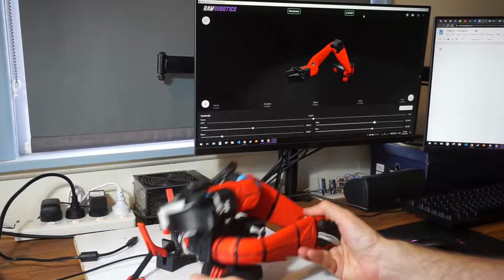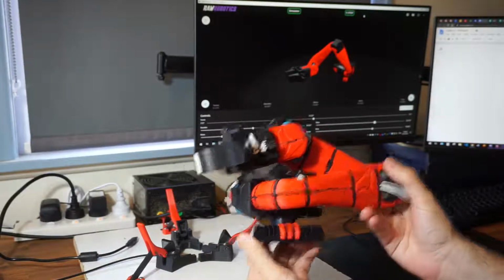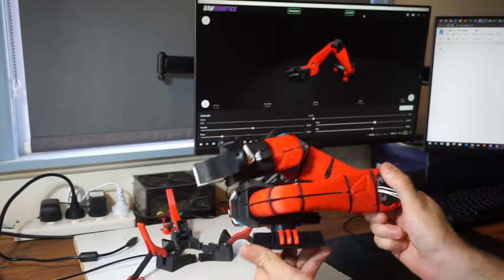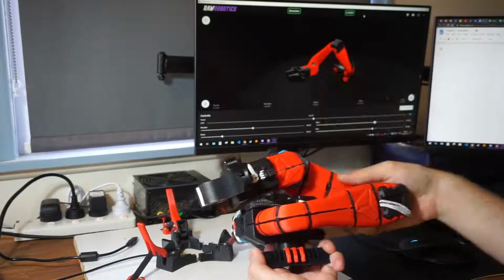So the robot will come out of its case in a shape like this. Now you would have seen this in the unboxing video, which is the first video of this series. Before we can use the robot, we need to rotate the shoulder so it's at 90 degrees. Now this is important